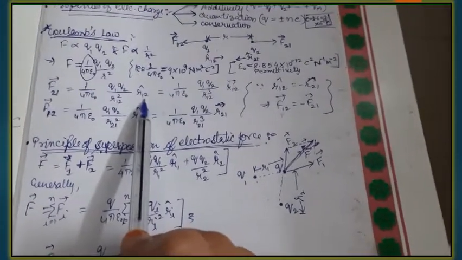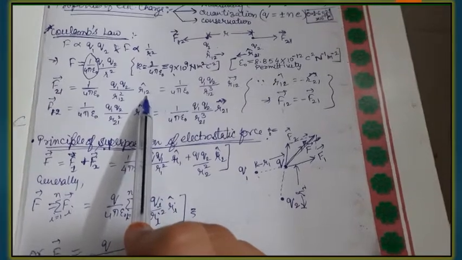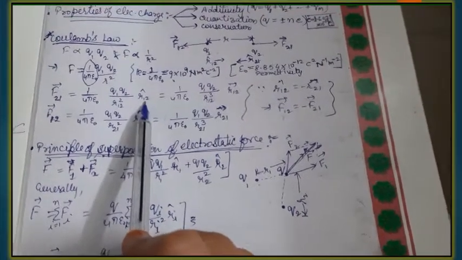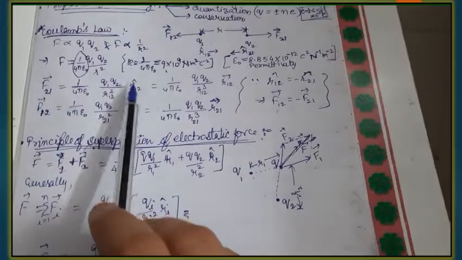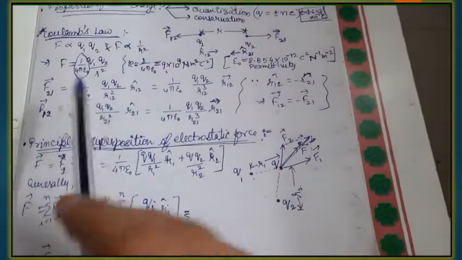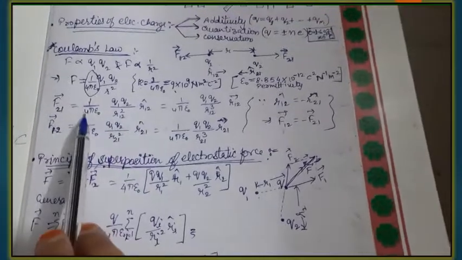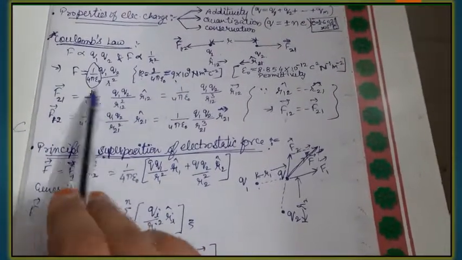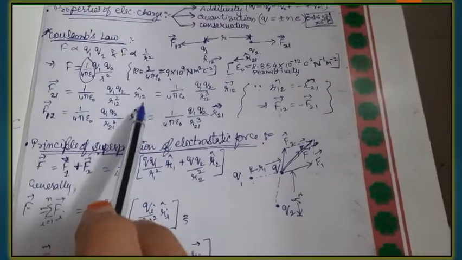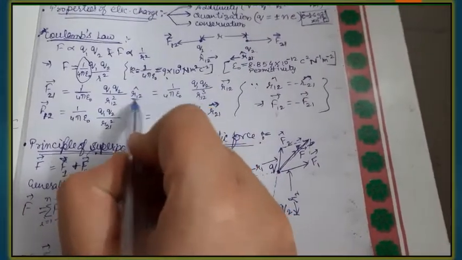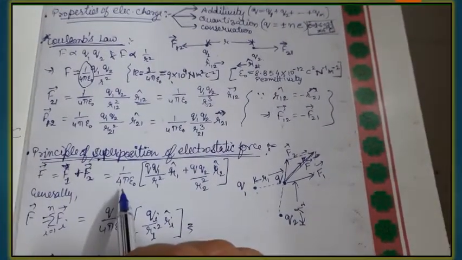The concept of unit vector, you're well aware of it, you have studied about it in class 11th. So what does a unit vector do? It is a vector having magnitude 1 and a direction. So it represents the direction of our force F21. So the magnitude of force F21 is given by the scalar term, while its direction is given by this unit vector R12 cap.